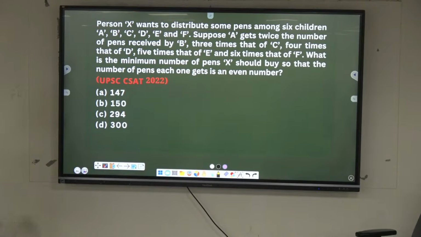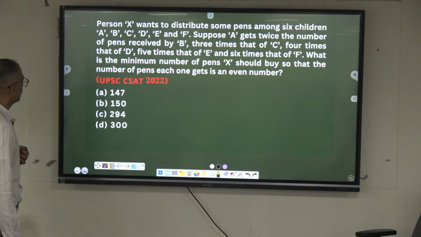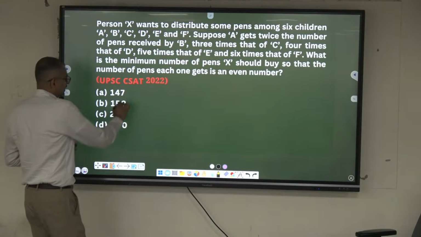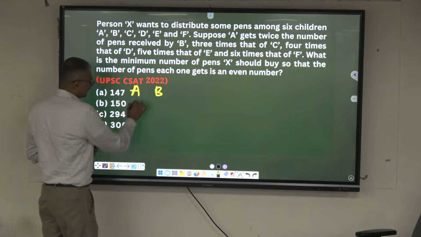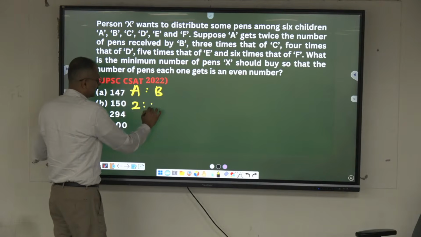Person X wants to distribute some pens among 6 children. Suppose A gets twice the number of pens received by B. Look here now. If I take the ratio of A and B, give me the ratio of A and B. 2:1. A gets twice. 2:1. Similarly,